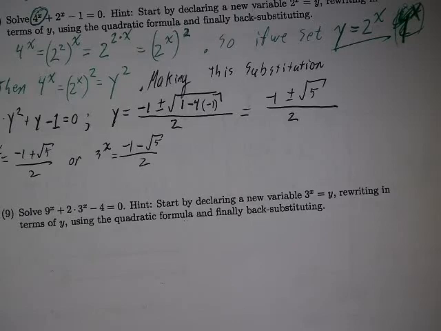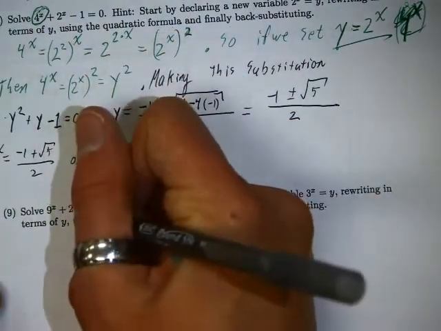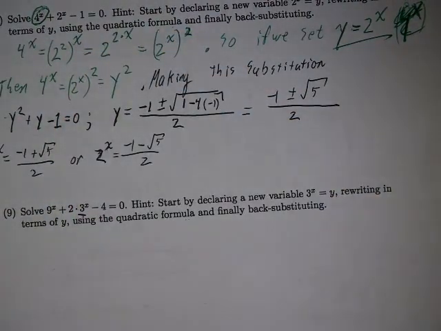Should it be 2 to the x? Yeah, it should be. You see, it's like a 3 down below. Wait, how did you get that